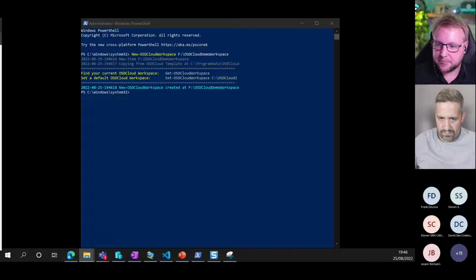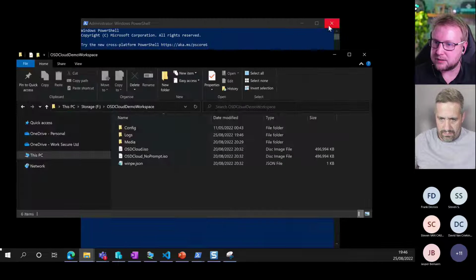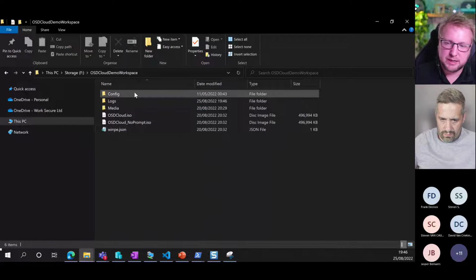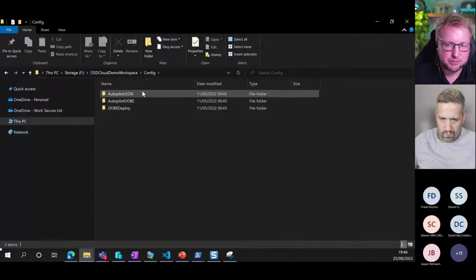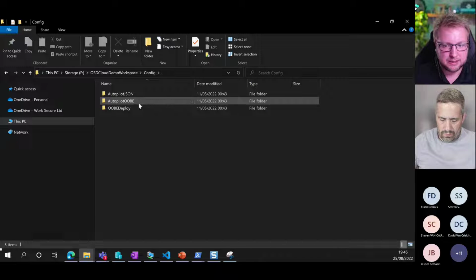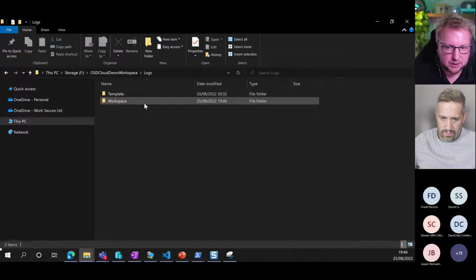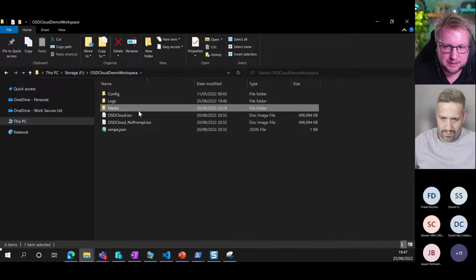So that's here. And I'll just full screen that for us. By default, when you just run that command, you get a config folder with some folders with some JSON for Autopilot, the Autopilot Ubi folder and Ubi deploy. We also have some logs, and we have media, and we have OSD Cloud ISO and OSD Cloud no prompt